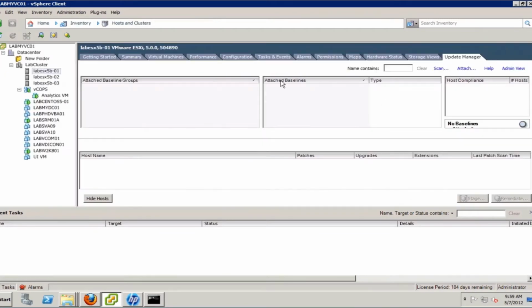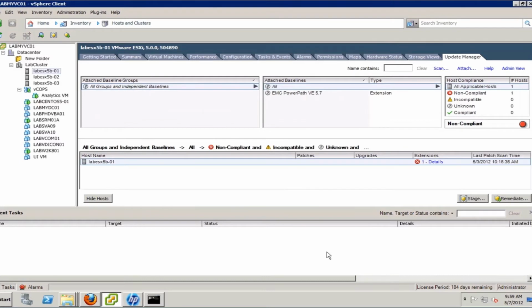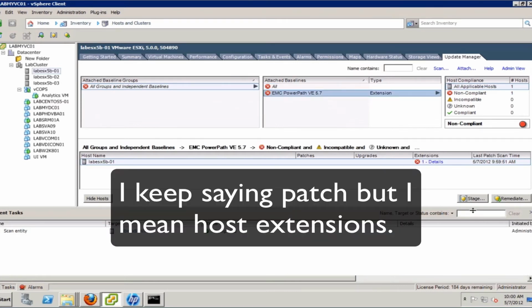If you want to create a group, you can do that as well, but for now we're just going to attach it to a host. So we'll click on the host, go to the Update Manager tab and click Attach, and we'll do a scan here, even though we can see already that it's not compliant. It doesn't have the patch on it. We'll go ahead and rescan it, and still not compliant. So what we want to do is remediate the host so that we can install the patches on it. So we're going to click on remediate, and